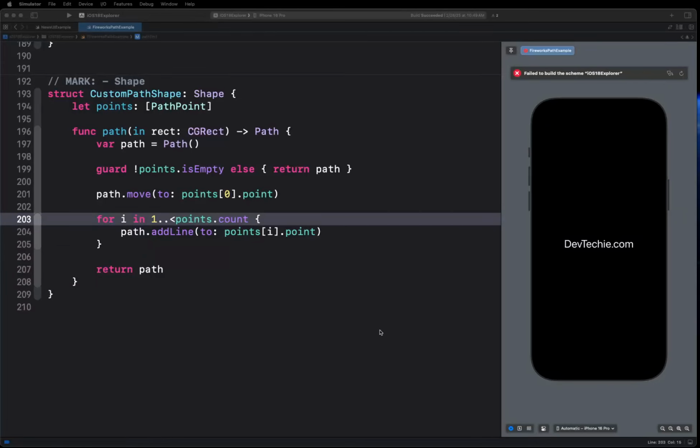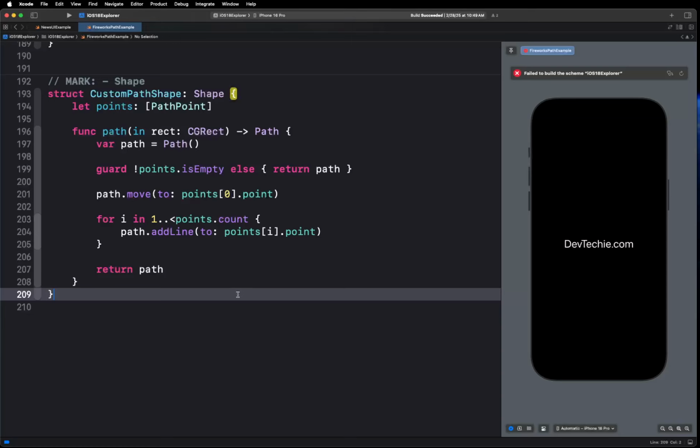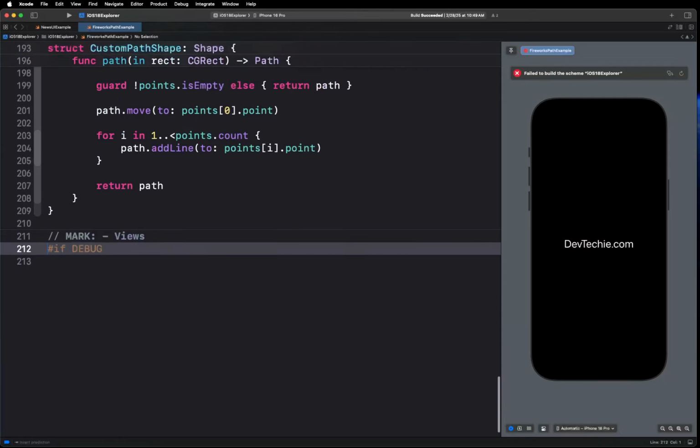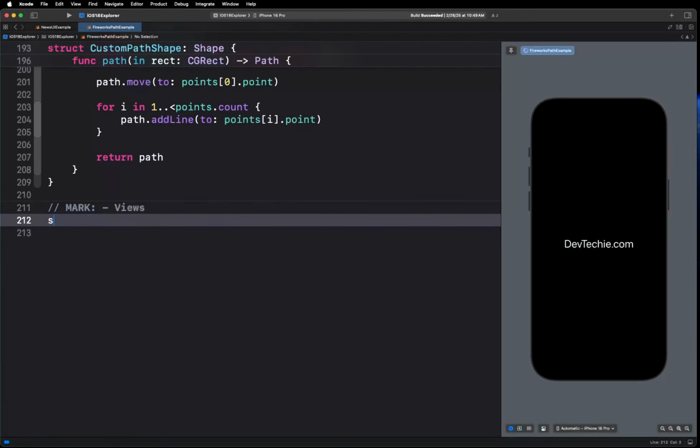Hello and welcome back. In this video we're going to be creating our drawing area view. So let's go ahead and get started. Let's mark the start of our views. This is where we're going to have all the views, and we're going to start with our drawing